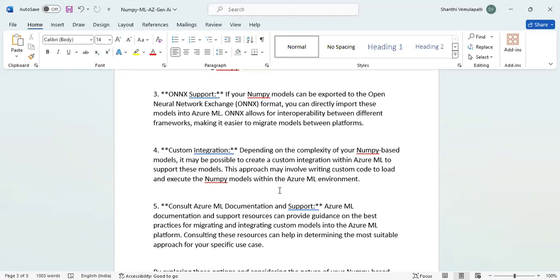You have converters to convert into that format. Then after doing conversion, you can upload into AWS or Azure as an image, as a private image.